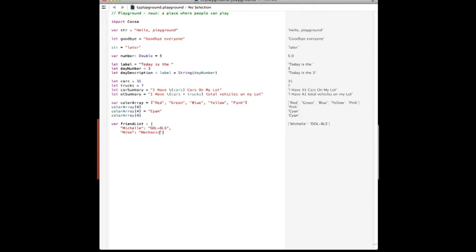Just like that. So there's that one, and I'm going to leave it at that for the moment. So we're going to end our array just like that. And now I've basically created a two-dimensional array, and let's say later on down in my program I want to